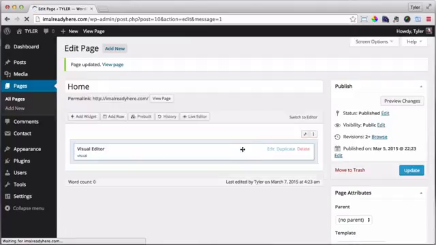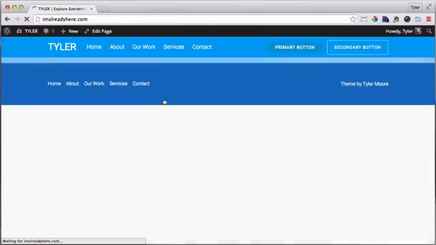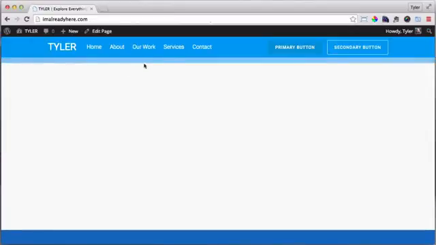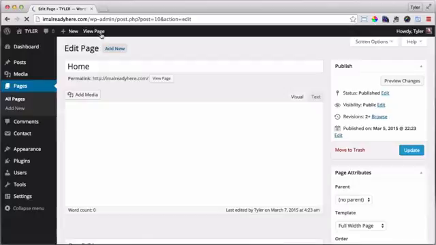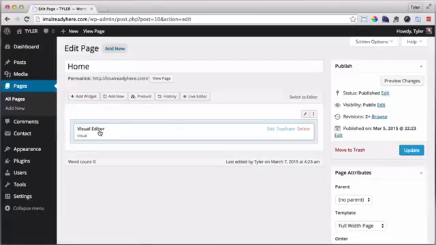But if we view the page, we're not going to see it. So I'm going to click View Page. And we're just going to see this tiny, tiny bit. And why is that? That's because we have no content in here. There is nothing inside this visual editor, so it has no height. We can fix that by pressing Edit